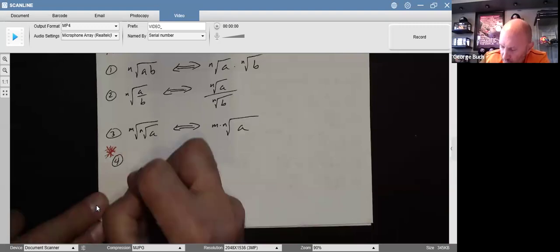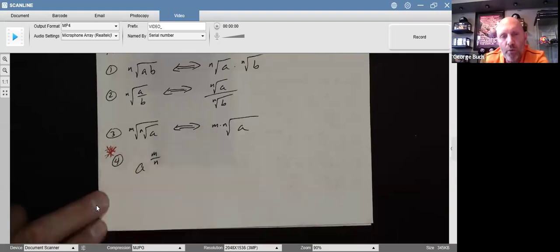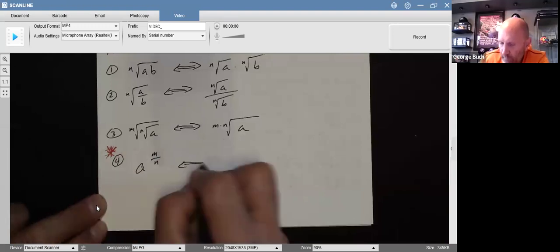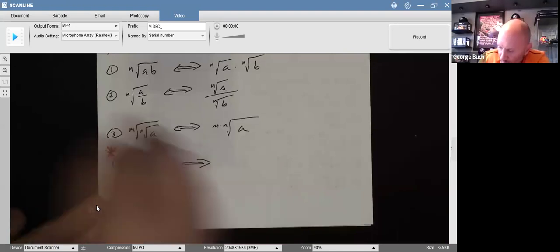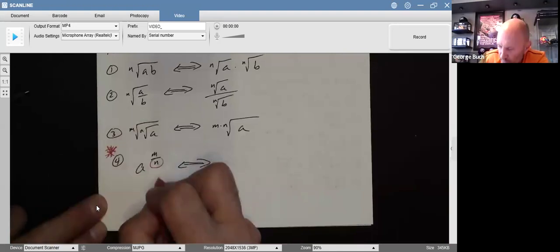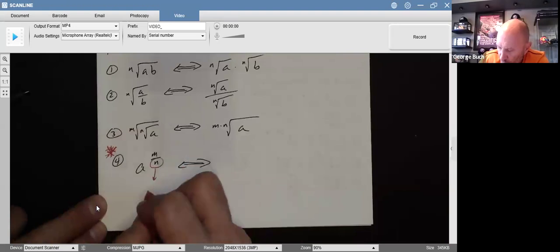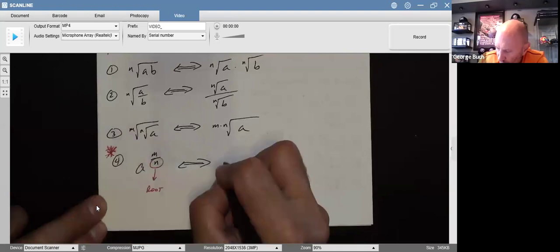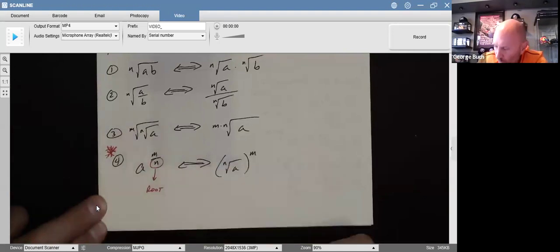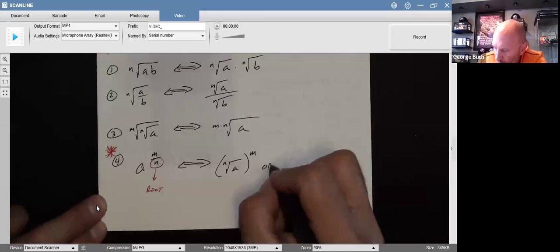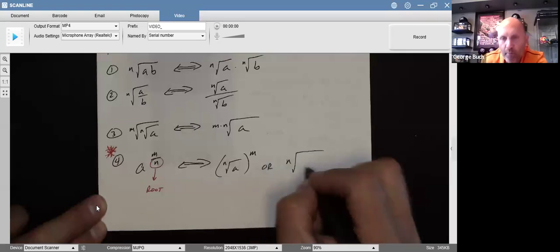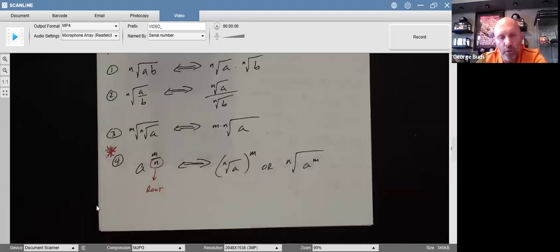So if I have a to the m over n power, whatever is in the denominator of this fractional exponent is the root. So this is basically the nth root of a all to the m power. Or you could also write it as the nth root of a to the m power. So either one of those. And so where this is important,